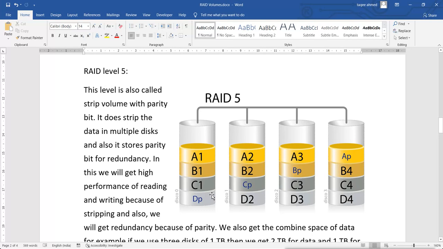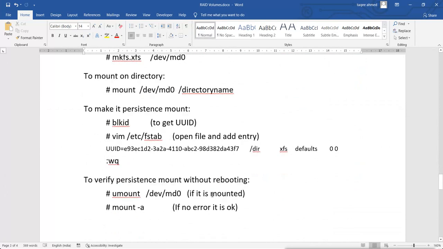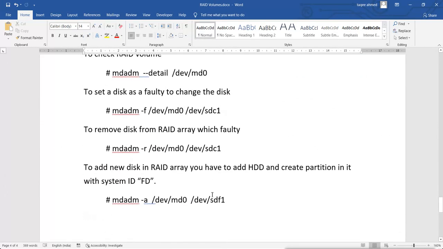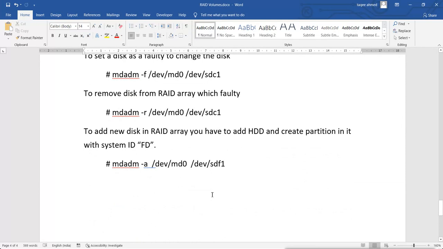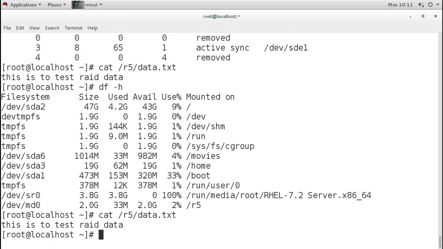Now the point is, how much data do we have? Actually the data which we have in our partition is only a byte. It's only one line of data, so it is available. But if you have a lot of data, more than one disk's worth, then you can lose the data and your disk will not be available. We are not having too much data here, we are just having one text file with only one line.